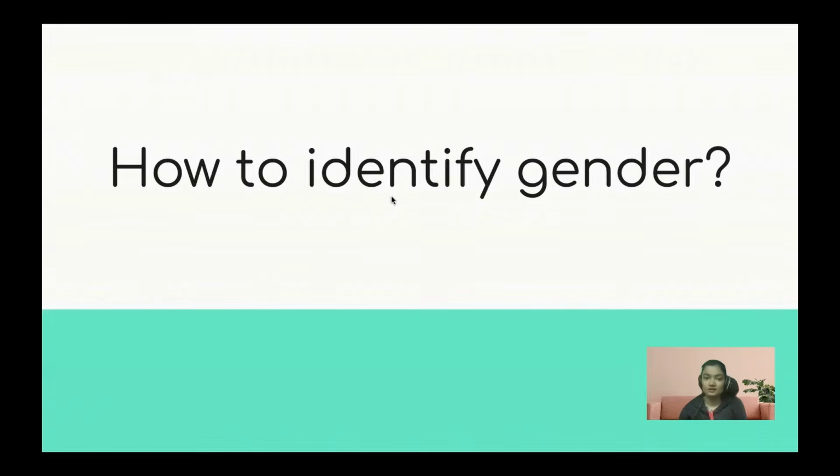Of course, with people, it's easy to identify, right? If there are pictures of them, or if they are right in front of you, you can easily identify them. But what is it with the objects?